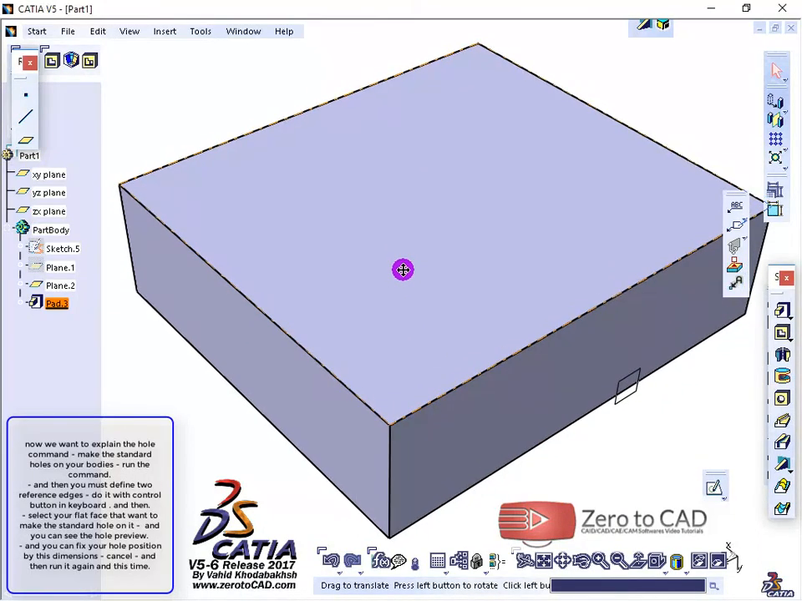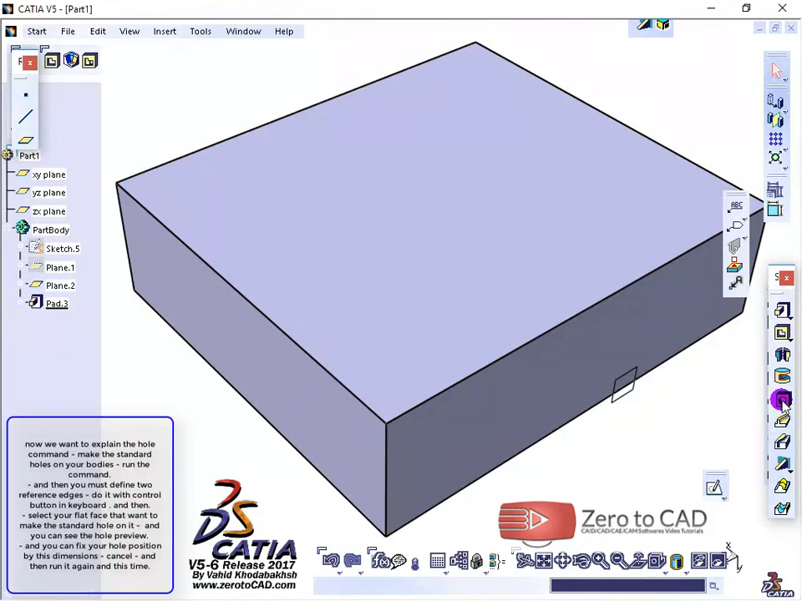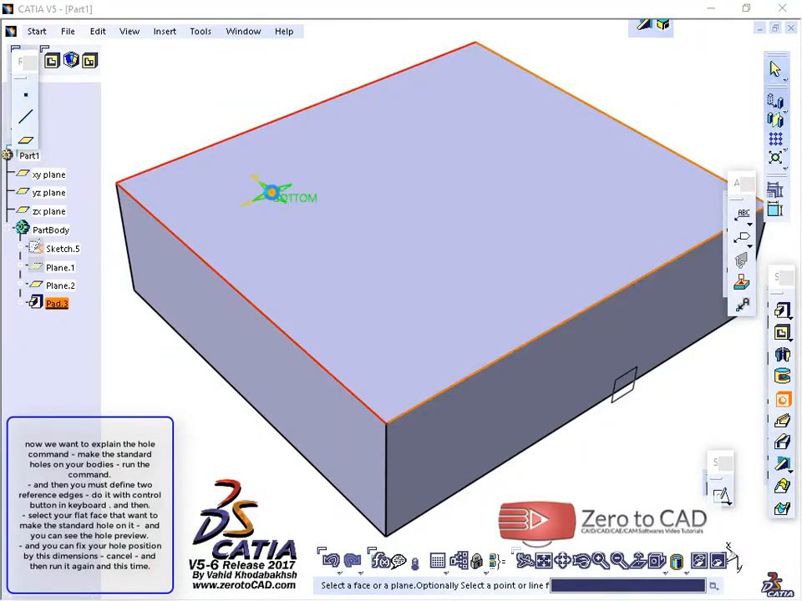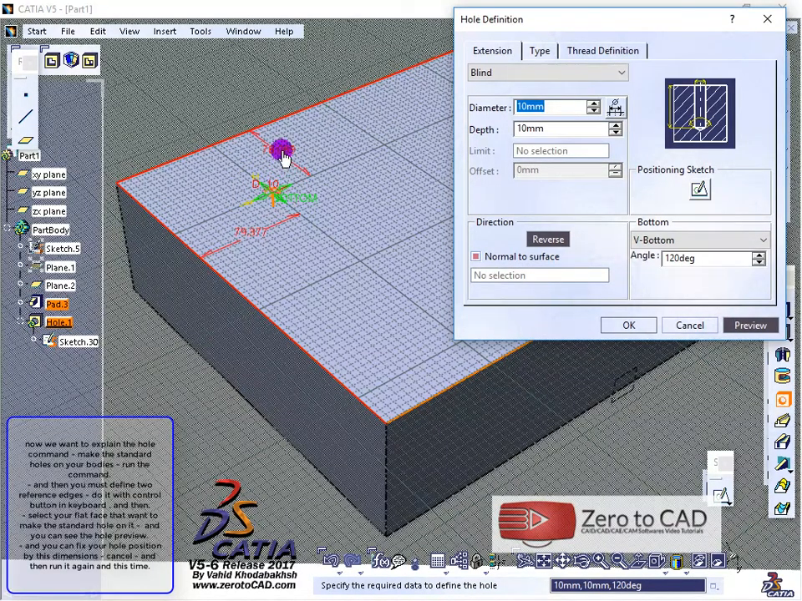Now we want to explain the hole command. To make standard holes on your bodies, run the command. Then you must define two reference edges, do it with the Control button on the keyboard. Then select the flat face that you want to make the standard hole on, and you can see the